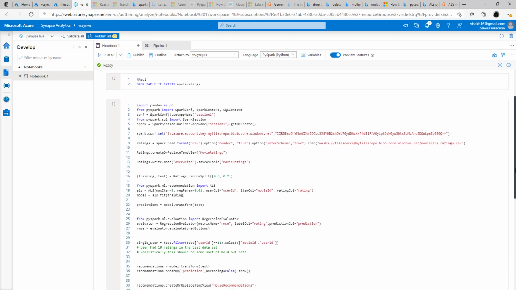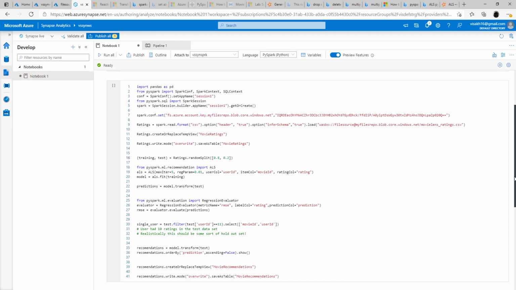So if you look at the main cell, we will be using some pandas related functions here. So we'll be importing pandas, and there will be a set of standard Spark code which we will be using for generating the recommendations engine. And the code base for this is taken from a famous blog written by Shashank Tiwari, and it is using a PySpark based logic for implementing the recommendations engine. A part that we are interested in here is how we will be integrating our Azure related file data onto this logic for generating the recommendations data based on the movie ratings that is coming through the file.